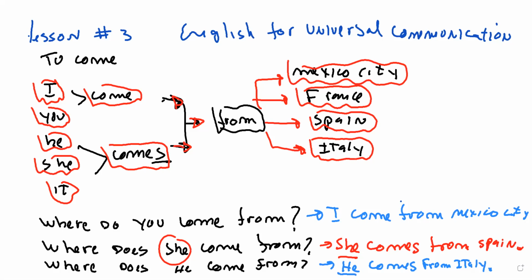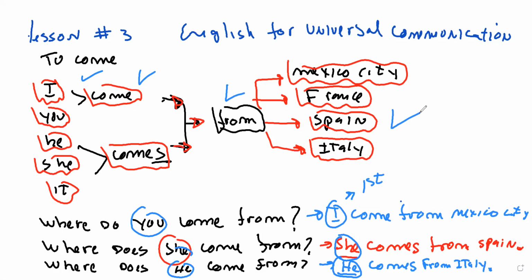He comes from Italy. So if you use the she here, you have to use the she over here. If you use the he here, you have to use the he here. Well, you have to answer I because you answer in the first person. So I come from Spain. Yo vengo de España. He comes from Italy. Él viene de Italia. And so there you go. And so you have some structures that you could use to answer some